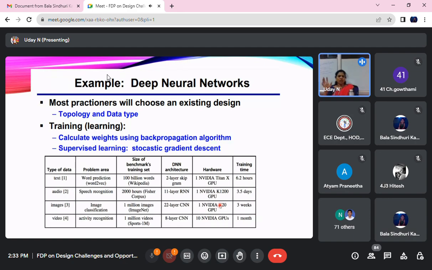So most of the researchers choose an existing system and modify the existing system a little so that it meets their requirements. Such a kind of learning is called transfer learning. Most of the researchers who are working in the deep neural network area will prefer to use transfer learning rather than starting from scratch, because it's already a proven algorithm, and if we make a little modification to our requirement, our accuracy and precision will be higher.